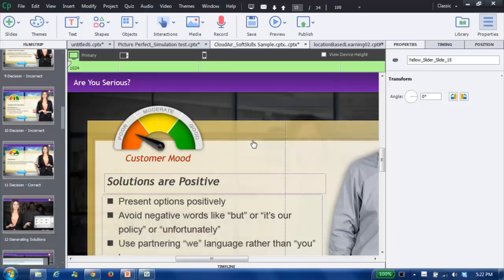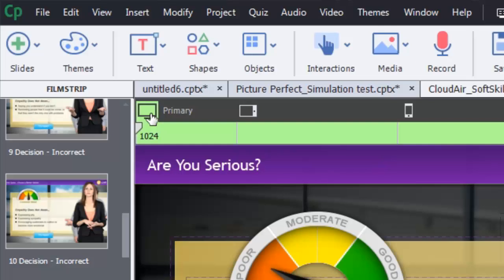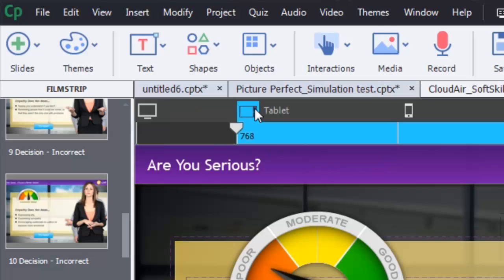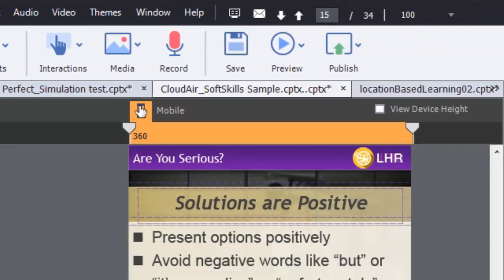Let's talk about positioning your objects on the stage in a responsive Adobe Captivate project. Here, have a look. I have a responsive project open now, and you can see that across the top there's a primary display, a tablet display, and finally a mobile display. The image that we see there refactors itself in each case, and that's created by a combination of using a theme that automatically assigns positions to things